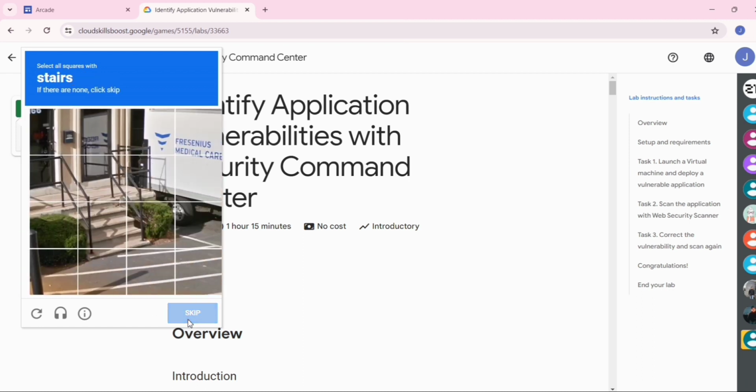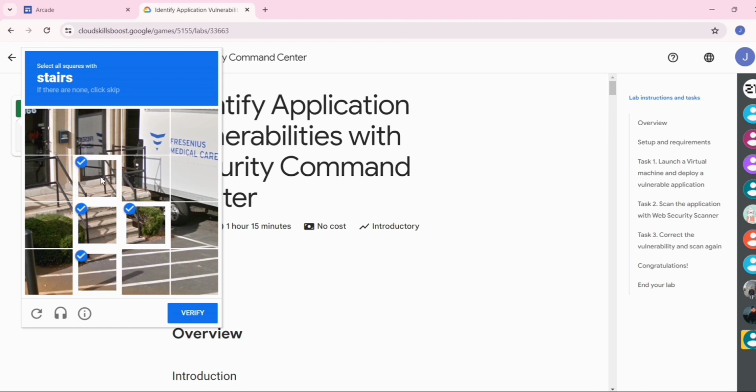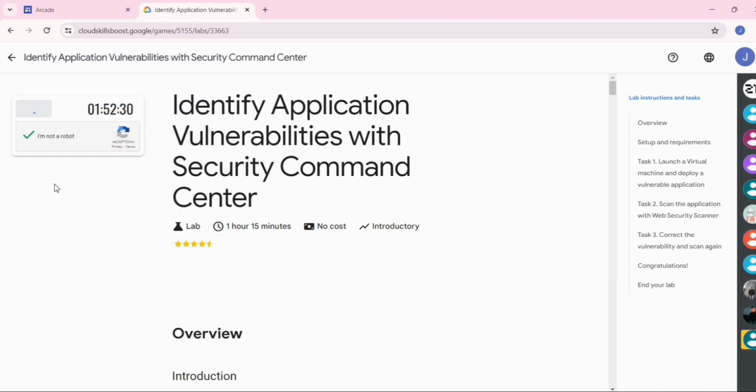Now click on next. Now select all the squares which contain this chair. Select this also, select this, then click on verify.